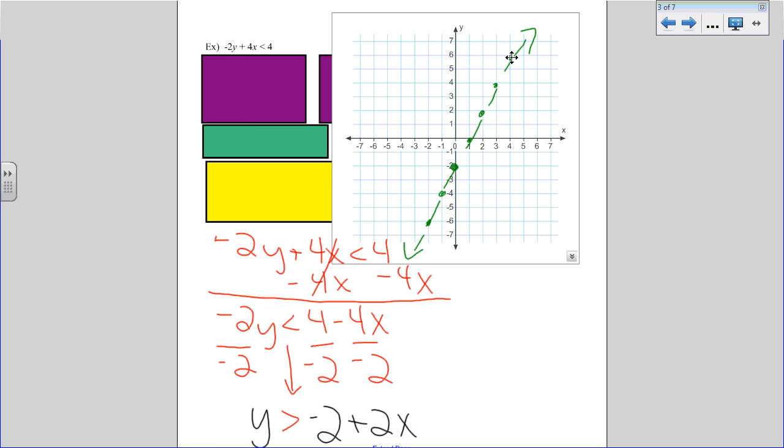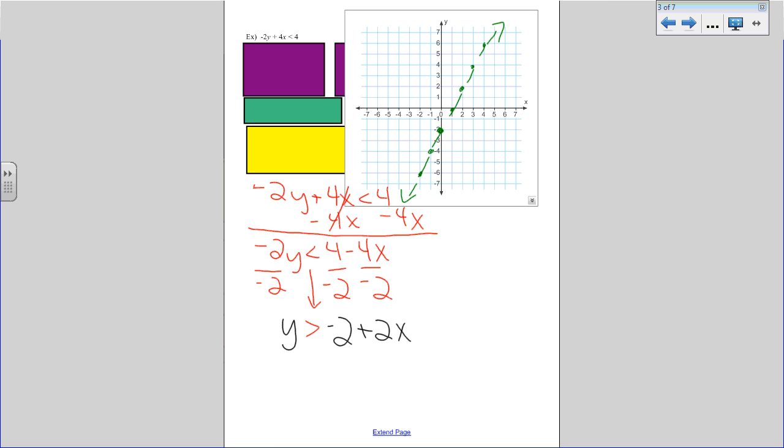What we need to do now, ladies and gentlemen, is figure out which side we're going to shade on. So we said we were going to test a point. What point did I tell you guys to write down? 0, 0. The nice thing about 0, 0 is if I plug it into the original equation, -2y plus 4x is less than 4, when I plug that 0 in,